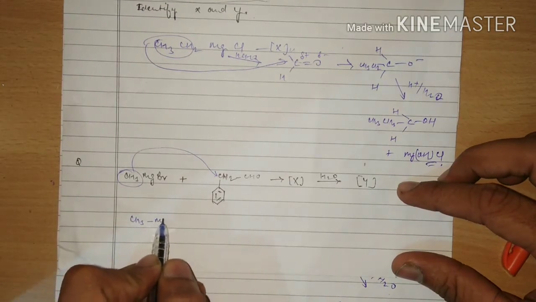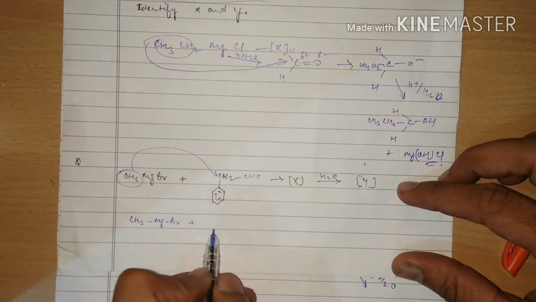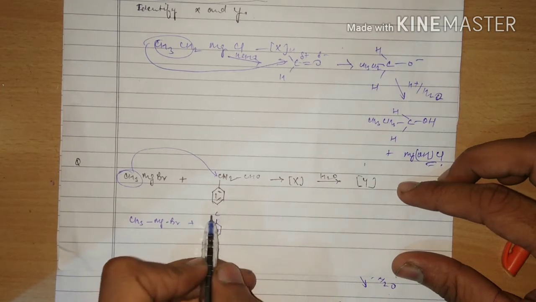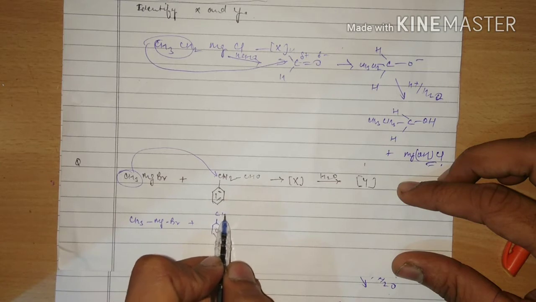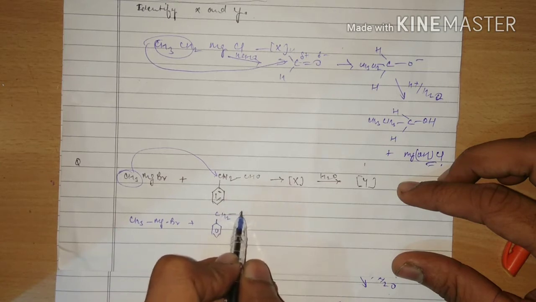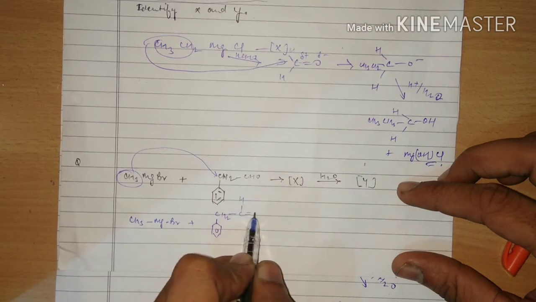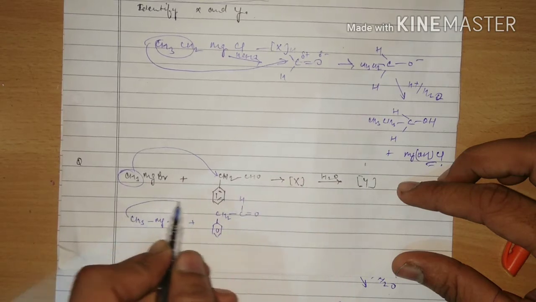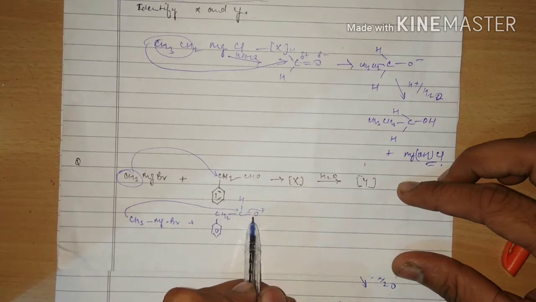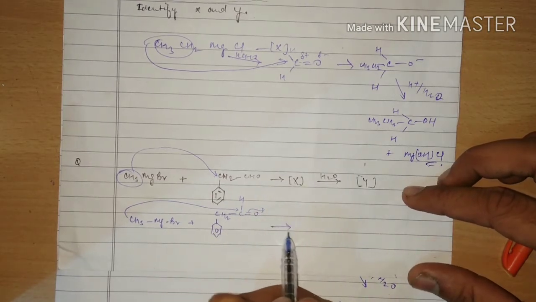CH3MgBr plus CH2=O (formaldehyde). This CH3 carbon will attack this carbon, and this double bond will break. We will get